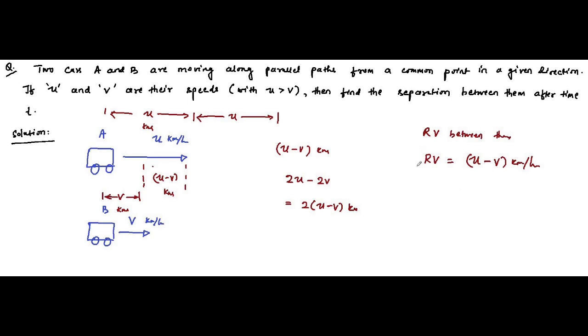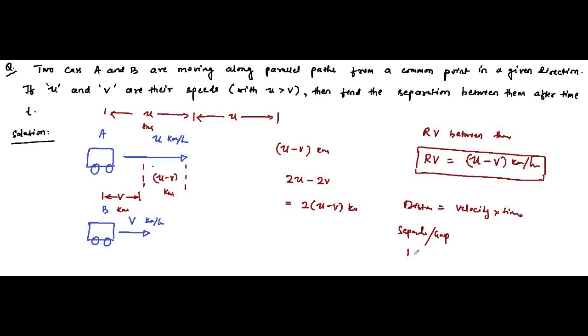So when we take this u minus v relative velocity concept into play, we know that distance is equal to velocity into time. Here, as we are considering the separation gap, the separation distance between A and B,